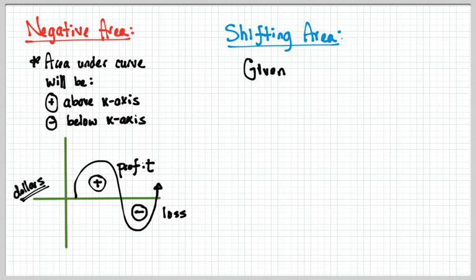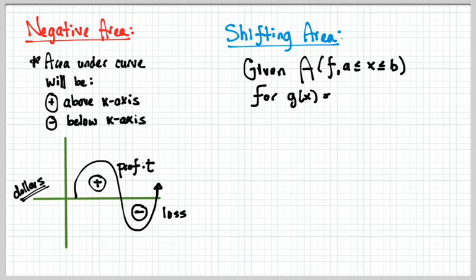Given the area function f on the interval a to b, I'll go ahead and break this down for you. So given the area on function f with a certain domain,